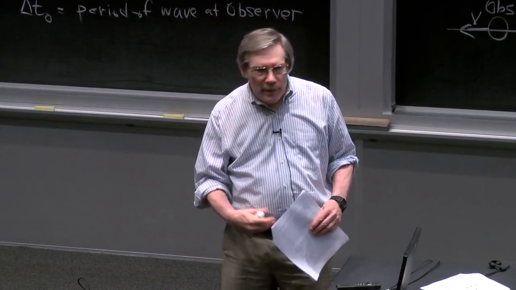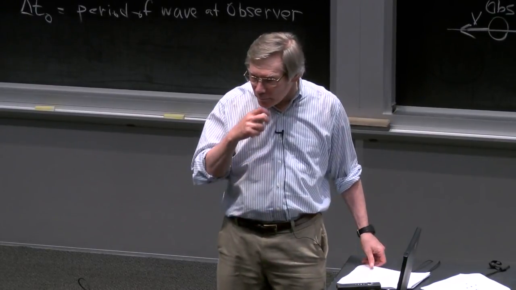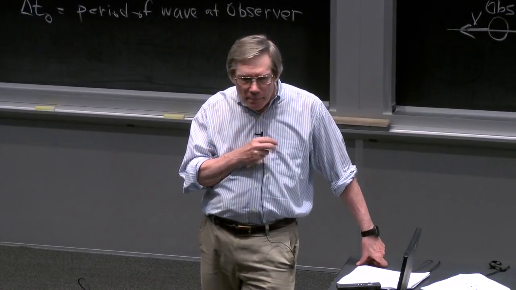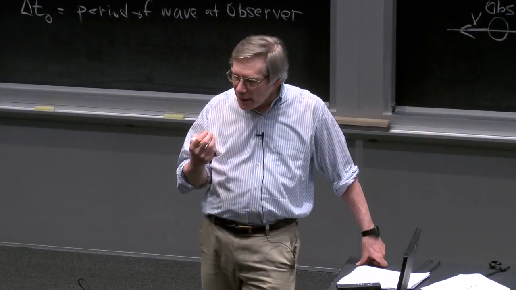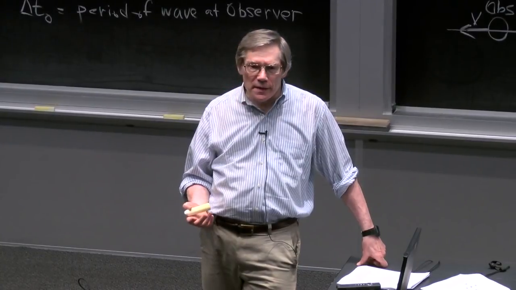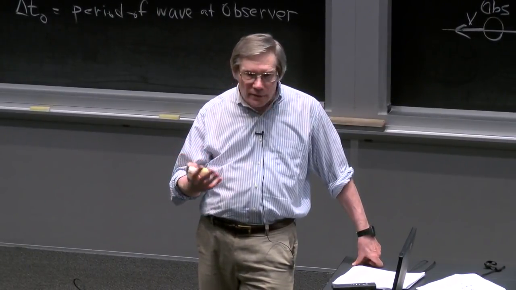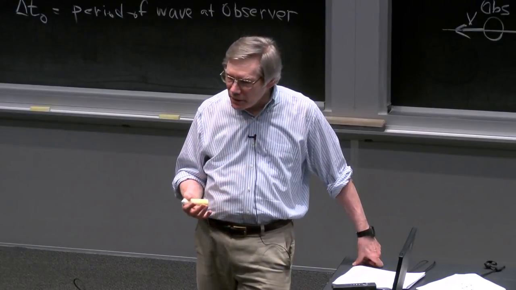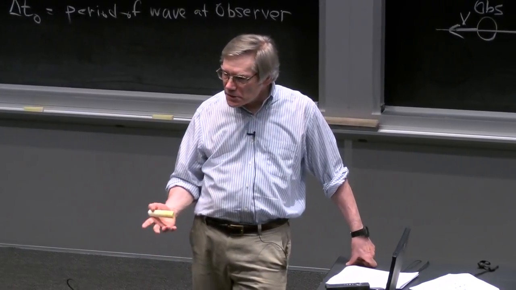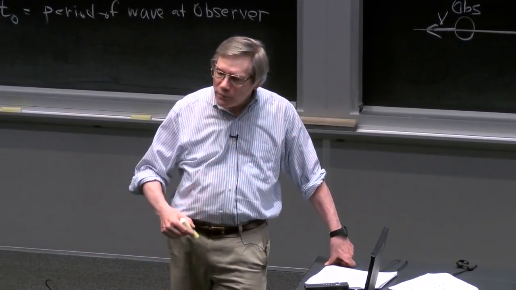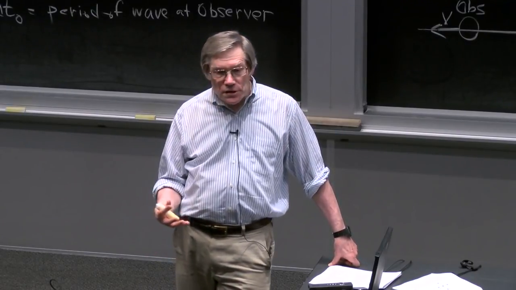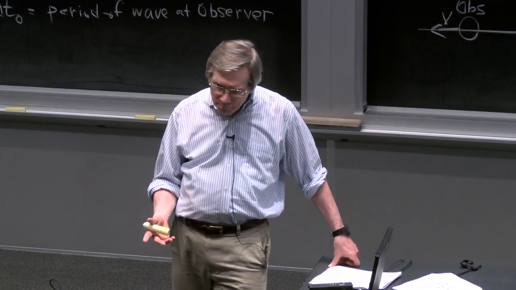I will, however, mention where special relativity comes from. It arose in the mind of Albert Einstein because he realized that the physics that we knew well, basically Newtonian physics at that time, possessed this property, Galilean relativity, which came up in a question just a minute ago. Galilean relativity says that if you look at any given physical process in a frame that's moving at a uniform velocity relative to the first frame that you use to describe it, it should also be consistent with the laws of physics in the second frame.